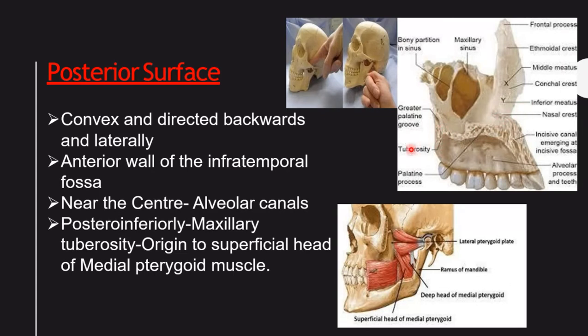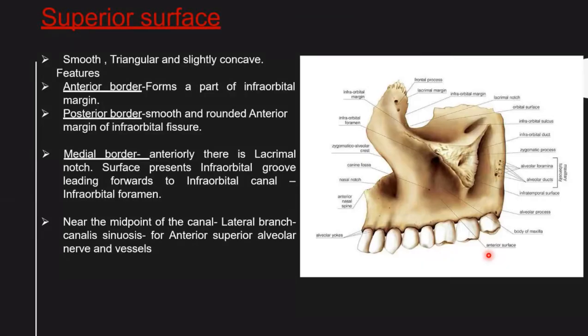This is the tuberosity. So what is this tuberosity? The importance of this tuberosity is that it forms the boundary for the posterior part, as you could see. You can draw a line from here to here, and whatever is in front of this tuberosity will become the cheek. And this is the ramus of the mandible, wherein you can see the medial pterygoid attachment deeply, and this is the superficial head of the medial pterygoid, as you could see over here, ramus of the mandible. From maxilla to this one, it is going like this. That is the deep head of medial pterygoid.